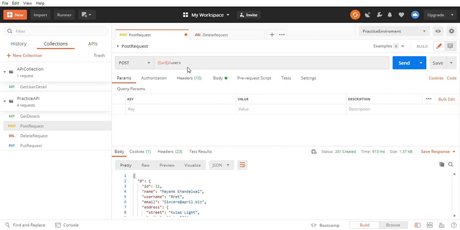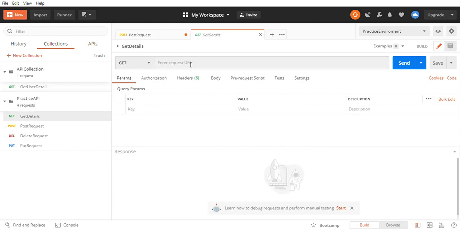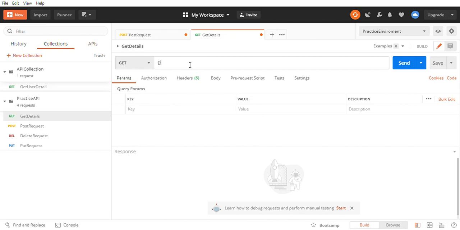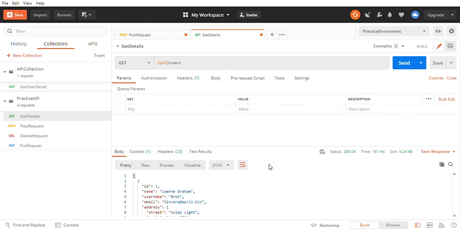Okay, now we have seen the URL. Let's see if this variable or this parameter works in other cases also. See, I have defined one open and one closing curly braces. I have defined another. Now let's pass here URL, then users. Users is its resource path. Now let's see the result. See, awesome, we have got the successful response 200.